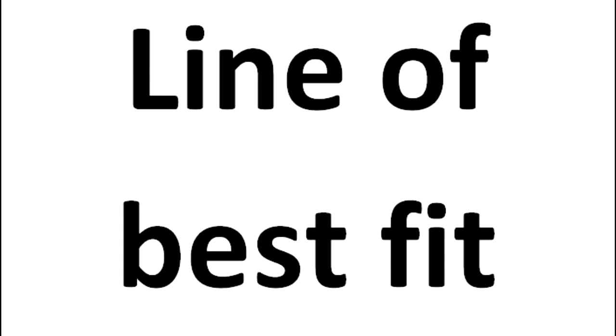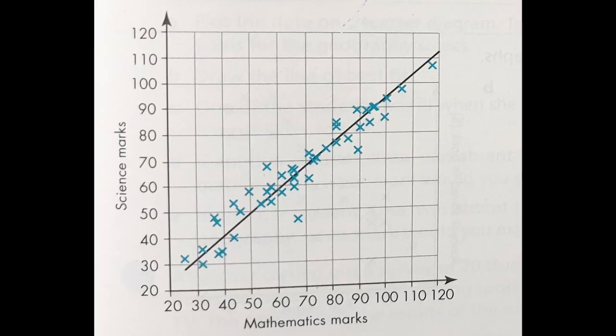Then the last one is the line of best fit. A line of best fit is a straight line that goes between all the points on a scatter diagram, passing as close as possible to all of them. Now if you take the line drawn for mathematics marks and science marks, if a student is good in mathematics, automatically the student will be good in science also. That is why this is a positive correlation. Our line of best fit passes through most of the points. Below and above the line, there are an equal number of points. That is why this line is called a line of best fit.